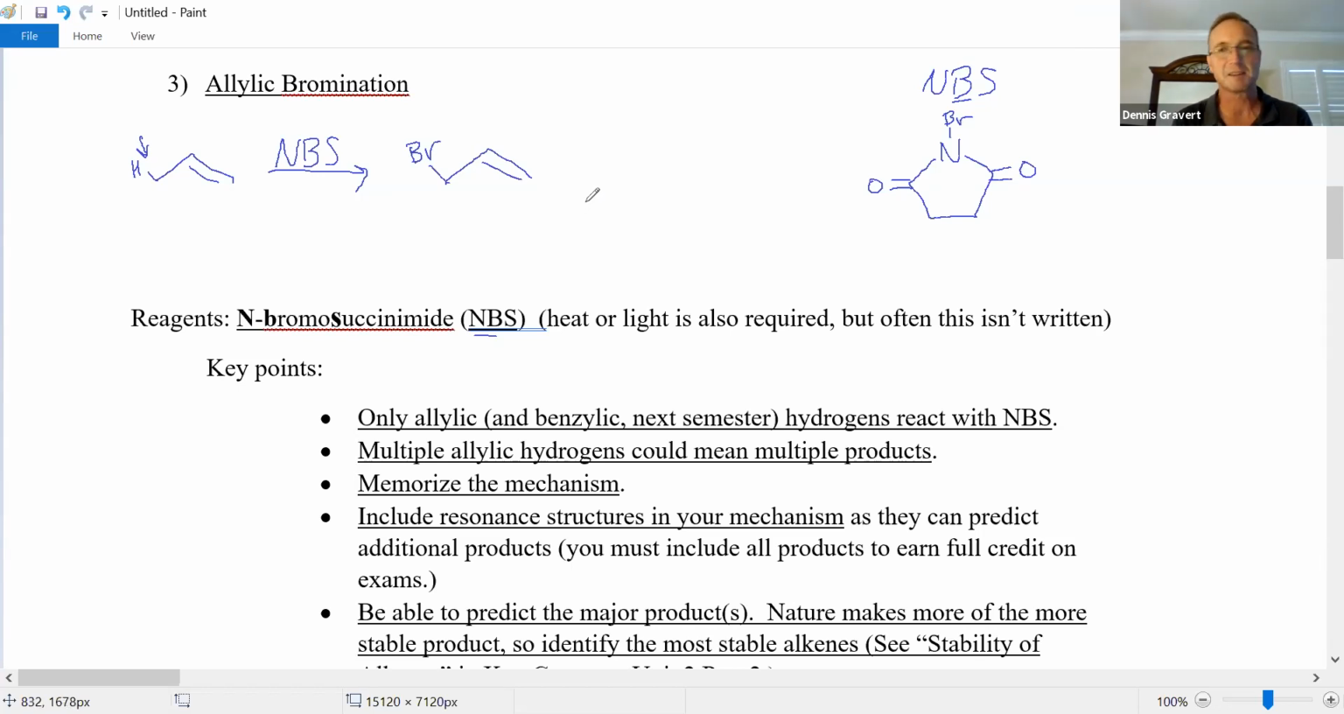It's kind of a little fib. I'll show you the mechanism. We'll see that actually 2 molecules are being made, 2 products, but they are in fact the same thing. Okay, so NBS,